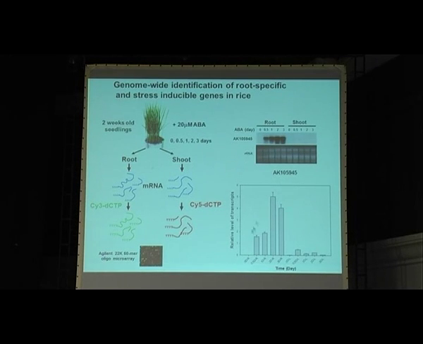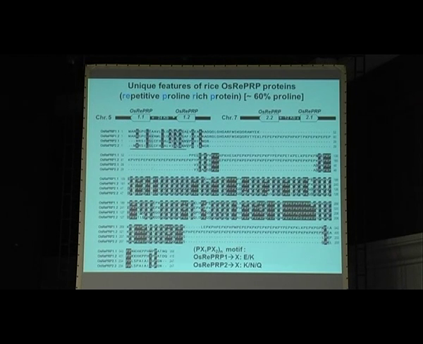So on the left here, you have the real-time PCR result, and on the right, you have the same result, but only conducted with shoot tissue. So this is a root-specific, highly stress- and ABA-induced transcript. And very quickly, we know this transcript actually represents 4 different genes in the rice genome. And there are 2 pairs of them. I'll tell you why they are called REPRP: because they are proline-rich proteins, and they follow a certain kind of repetitive motif. So we call them